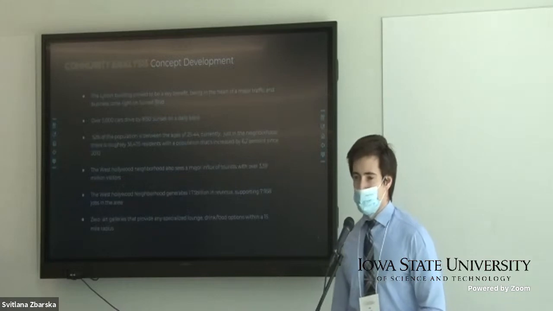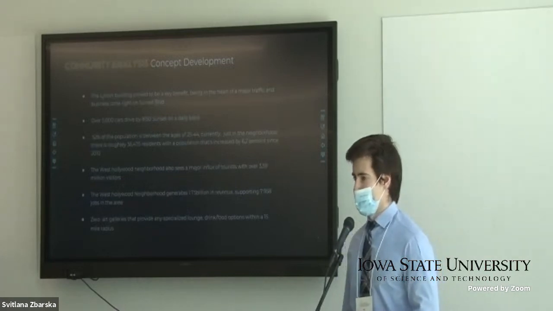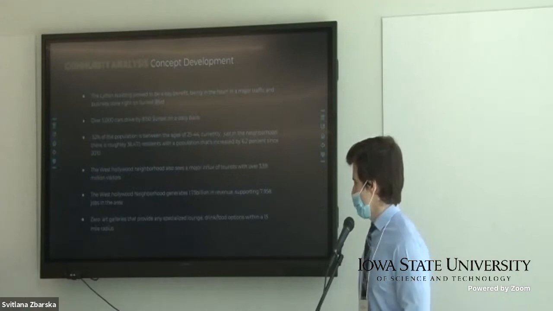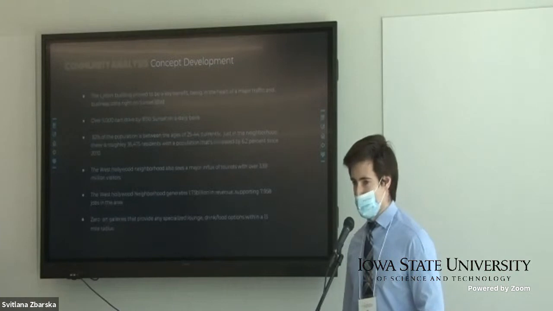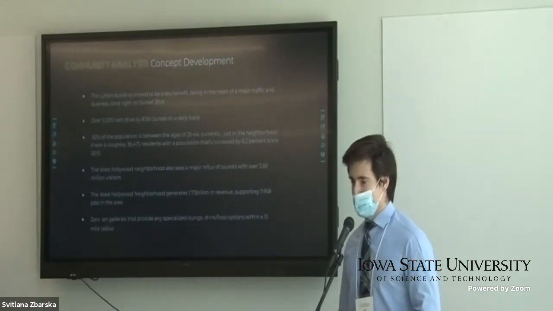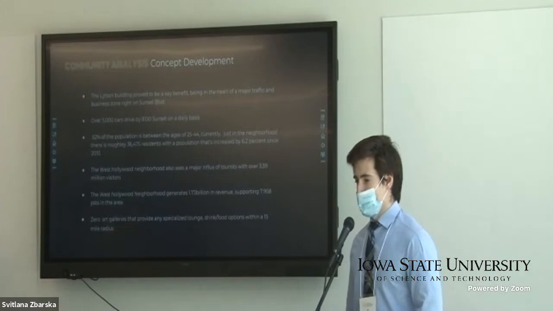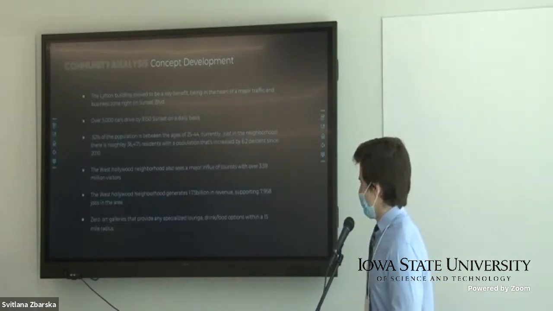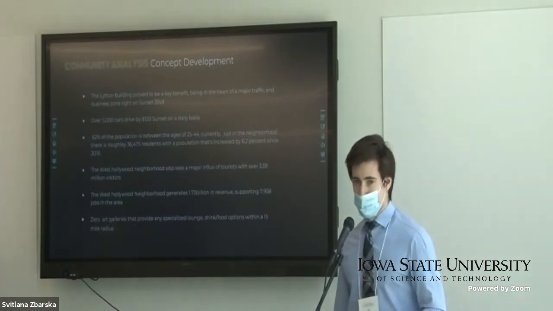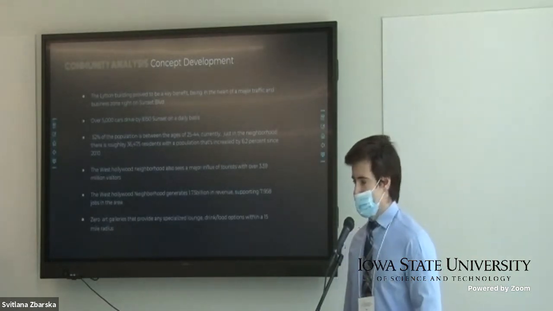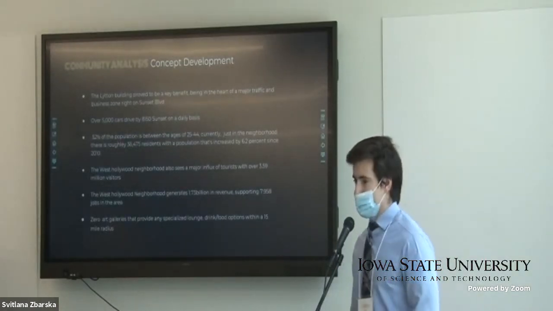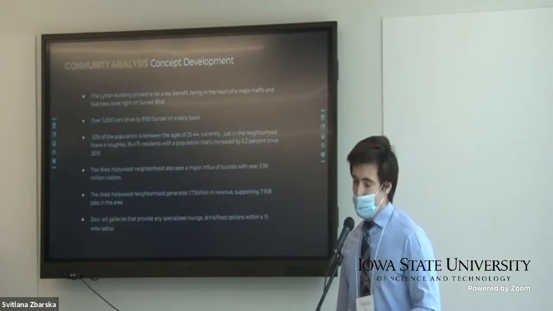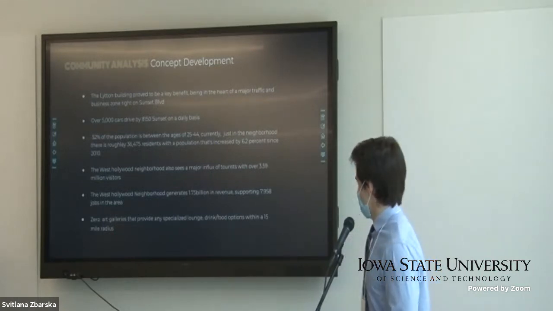And then we go into community analysis. So this allows us to really dive deep and look into what would best fit this project. So we look at the traffic, age groups of each percent of population in the areas in the 25 to 44 range, which shows that there's a young population living around the environments, and we want to take a concept that can really attend to that population. We see that West Hollywood has an influx of 3.59 million visitors each year. So we see that there's a great tourism industry that can support the new concept, and that generates about 1.7 billion in revenue each year. So we know that there's a market that invests in the area.